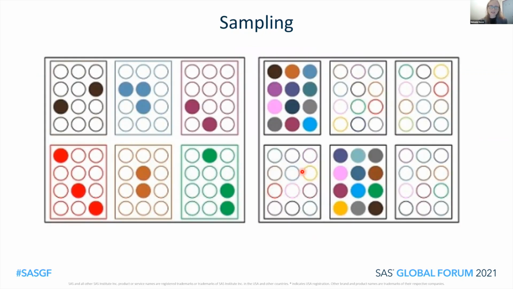So this illustration shows the difference between stratified sampling and cluster sampling. The panel on the left shows stratified sampling, where we have our target population, and each circle represents a person. And we divide our population into groups, in this case, based on color. And we sample from each group in stratified sampling. In cluster-based sampling, we also divide our population into groups. But instead of sampling from each group, we select the whole group to be in our sample. In this case, we're selecting these 2 groups to be in our sample.